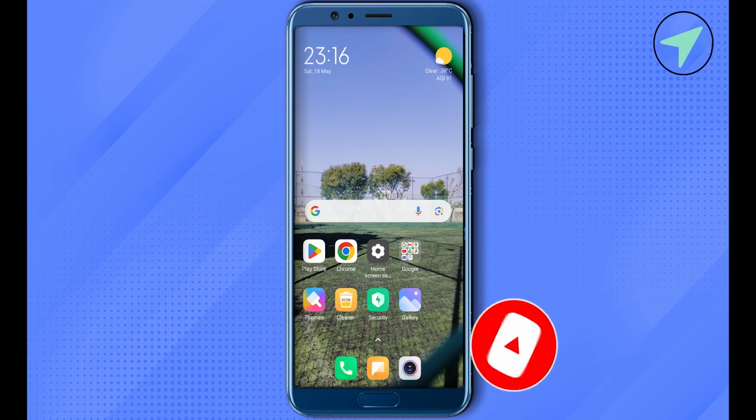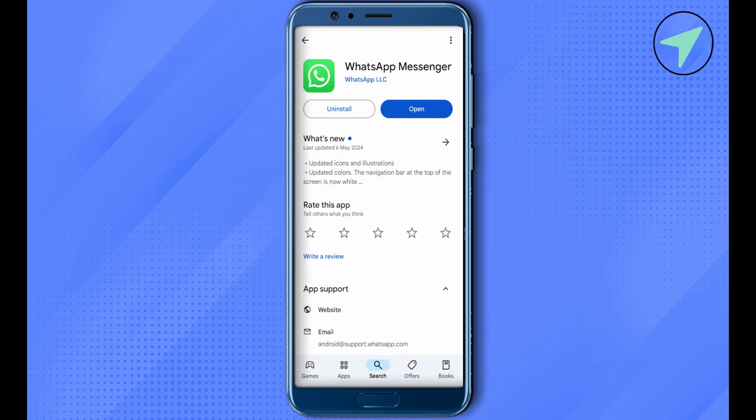For this, just simply open up your Play Store or App Store. After that, search for WhatsApp. Over here, if it is showing as update for you, simply update your WhatsApp and check out for Meta AI. If Meta AI is not there in your WhatsApp, then you just have to wait for the next update, as